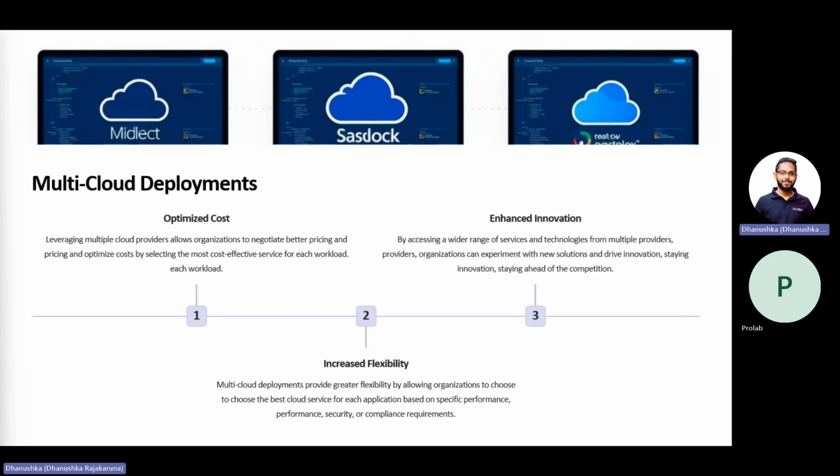Why is multi-cloud needed? To avoid vendor lock-in, leverage the best capabilities of each provider, and enhance fault tolerance and disaster recovery. The challenges of multi-cloud are complexity, integration issues, and cost management. The key benefits are vendor flexibility, cost optimization, performance improvement, enhanced resilience, compliance and